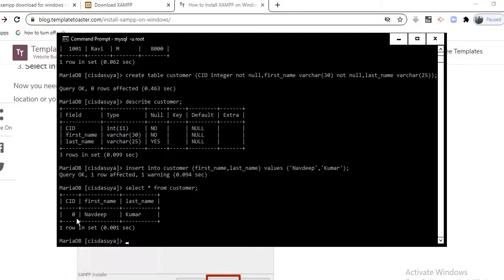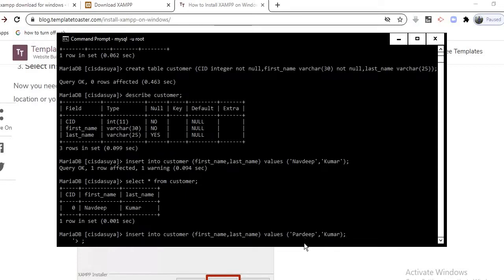Now let us assume that I enter one more value here, and this time I keep it as another name, Pradeep Kumar.